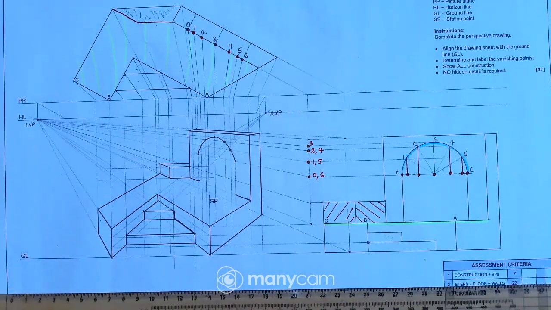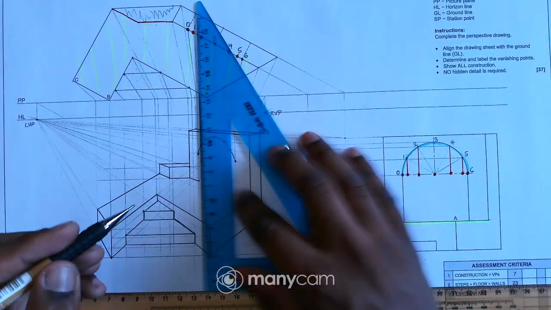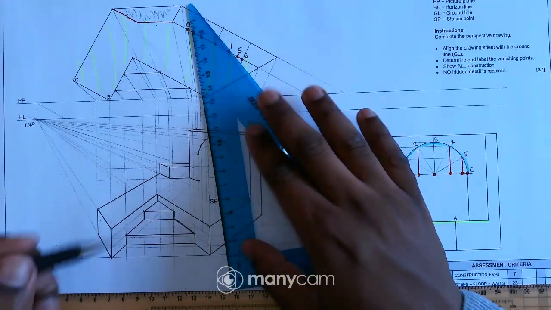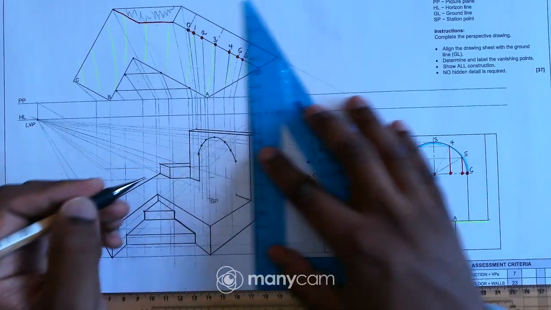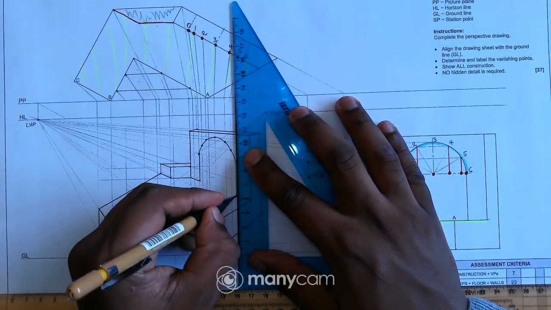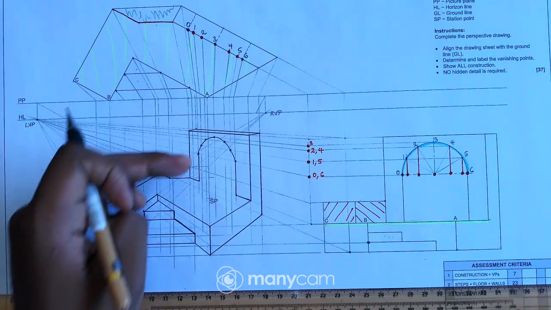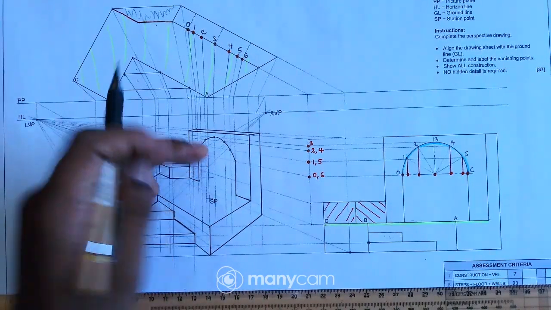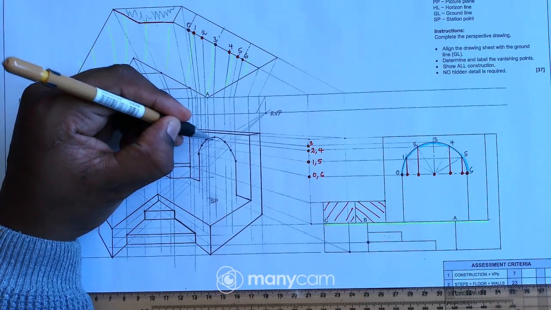Just like that. And then here, because from point 0 I have a vertical line, I can just draw a vertical line there, and this side. Okay, so this is the arc.